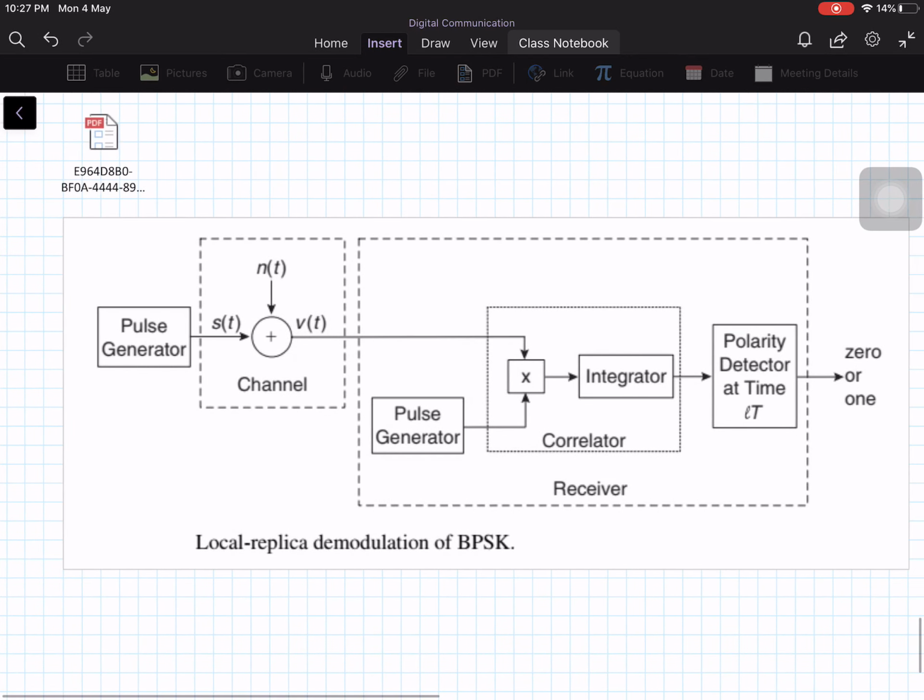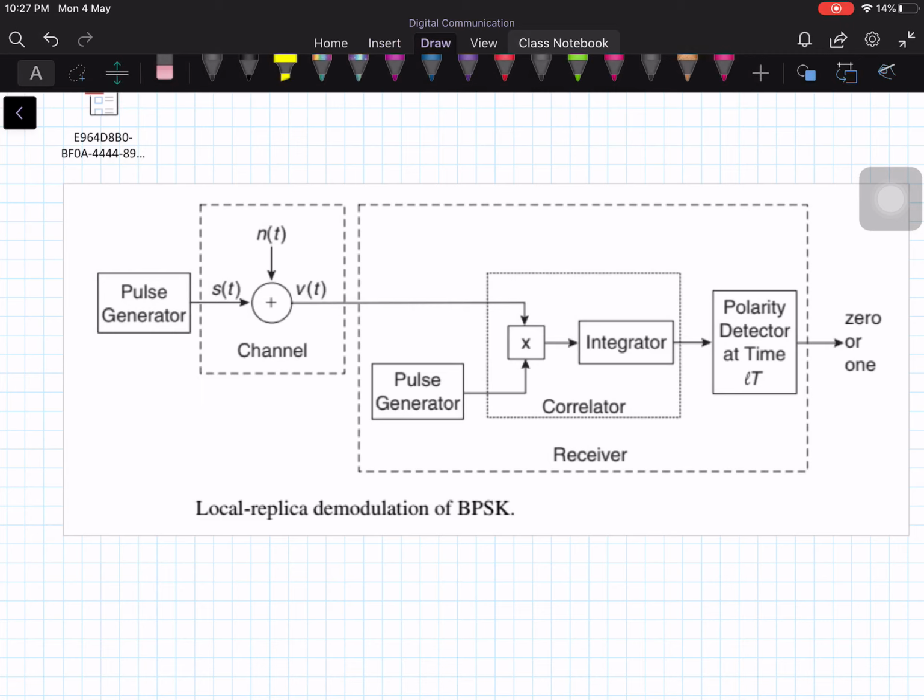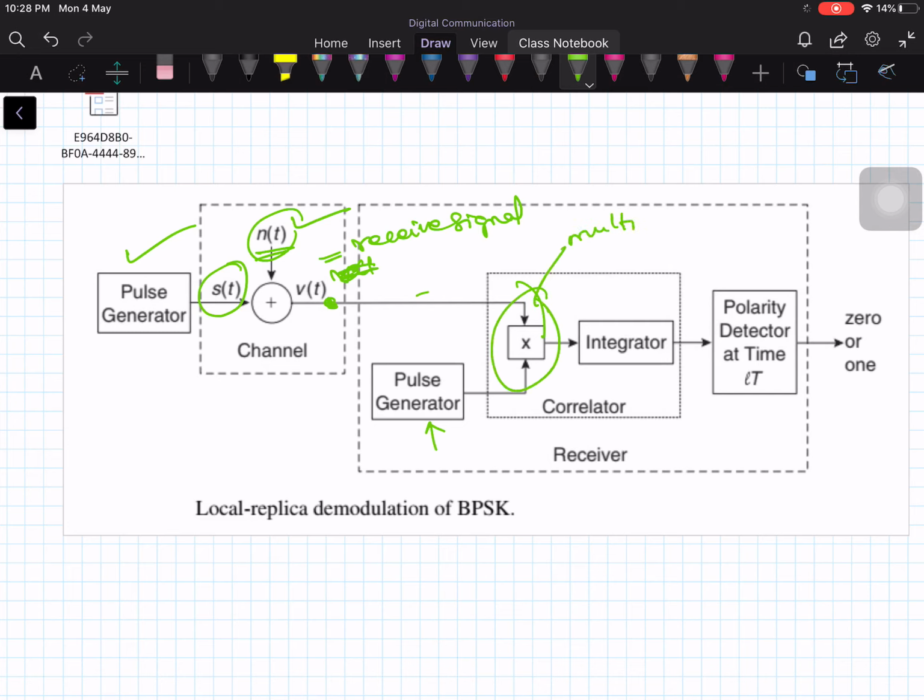Now it is visible. See, you have a pulse generator. Let me use different colors. That pulse generator is giving the pulse s of t, and that s of t is contaminated by the noise n of t, and this v of t is received at the receiver. This v of t is the received signal. Now the received signal is multiplied by the locally generated carrier or locally generated pulse. Both are multiplied here, multiplication operation,